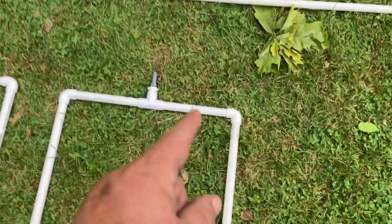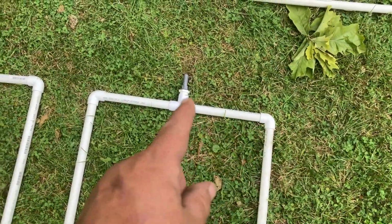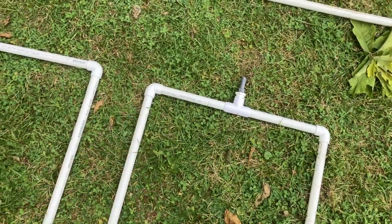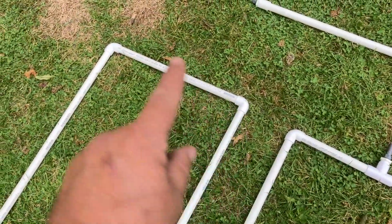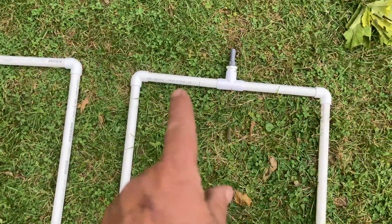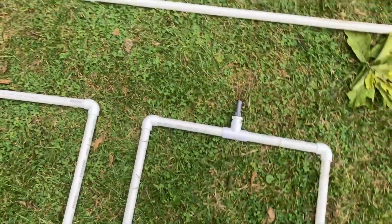We come down here to this side. We have a 90-degree fitting. Go onto this T. Go on to another 90-degree fitting to feed that back. This just has two 90-degree fittings and a piece of pipe. This end pipe doesn't have any holes drilled in it. And then